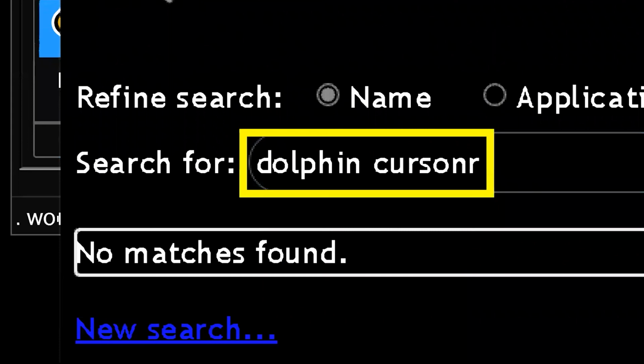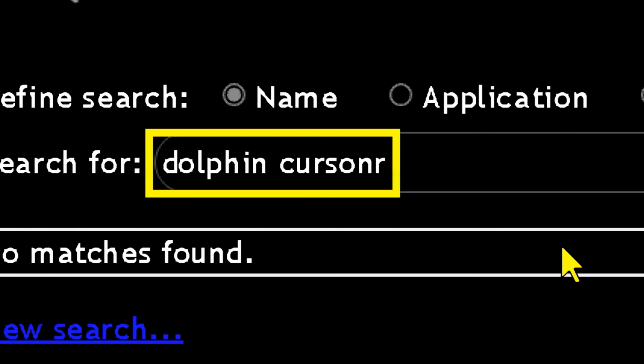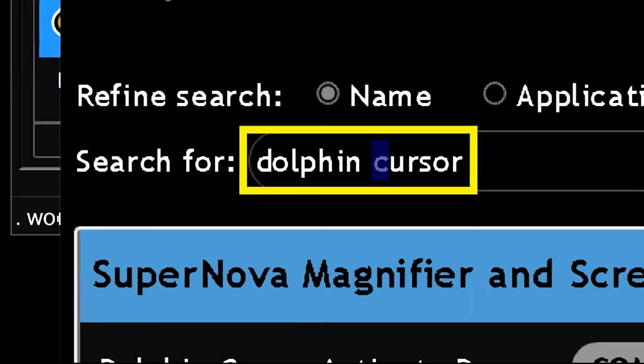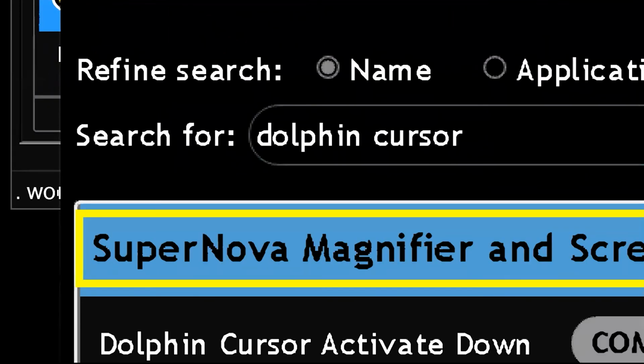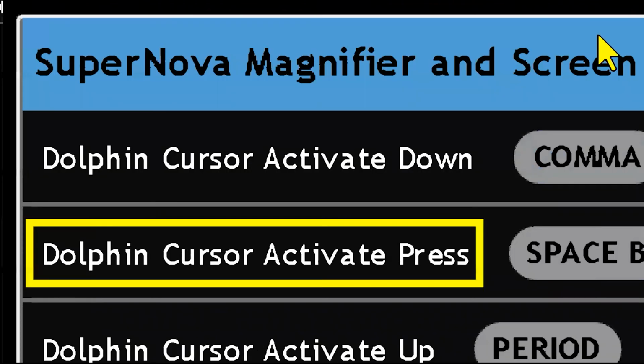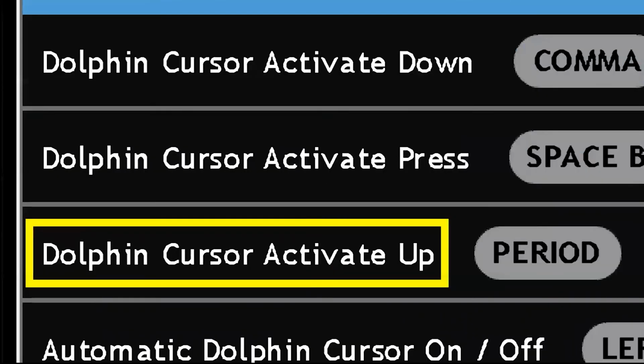Dolphin cursor not found. Oh, yep. I'm just having a hard time with the spelling. I know, I'm misspelling cursor. That's right. Dolphin cursor edit. There you go. Heading. Dolphin cursor activate down, Dolphin cursor activate up. And I'm not going to go through all of these, but just to give you an idea,